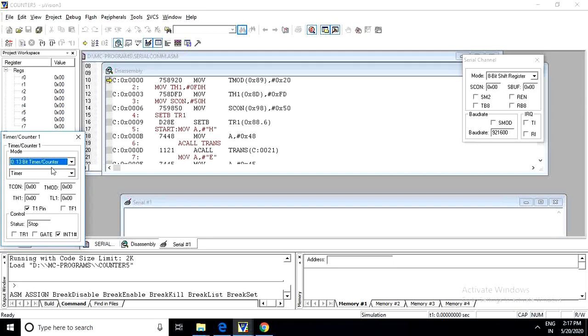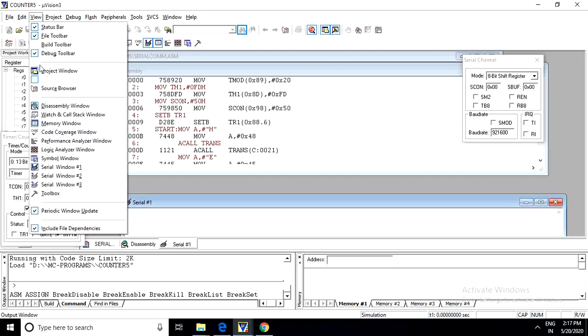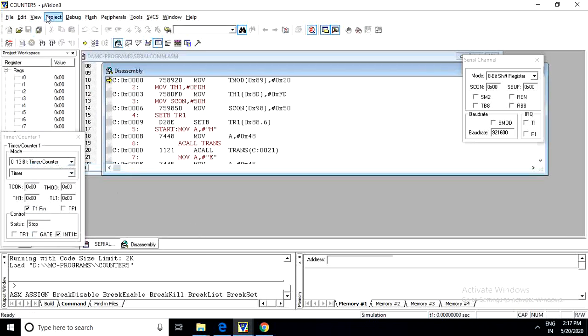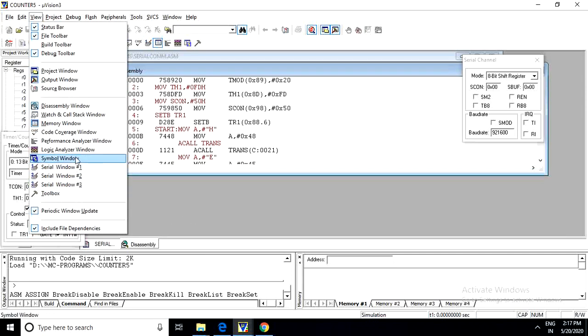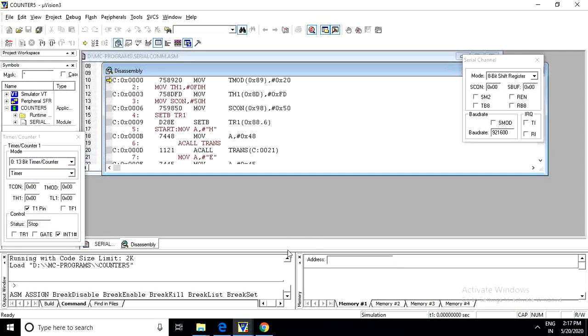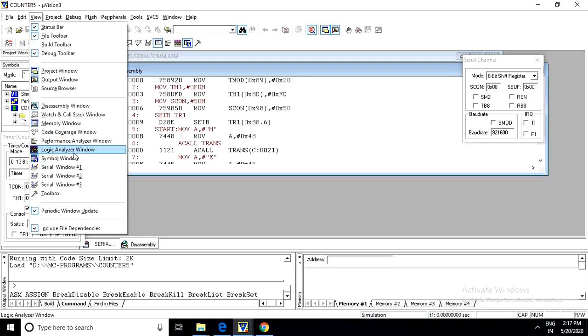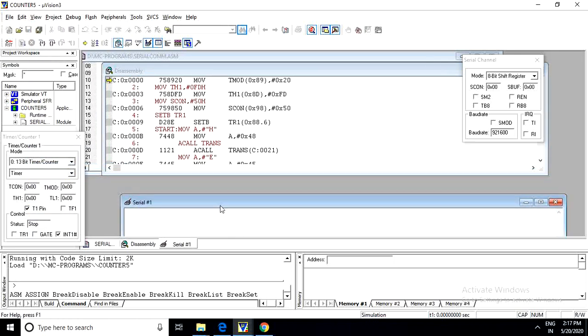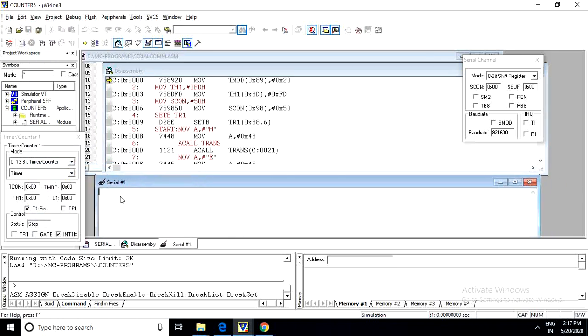Okay, so next you go to view and select serial window, so the serial window will be displayed. Go to view, serial window 1. Okay, so output will be displayed here in the serial port.